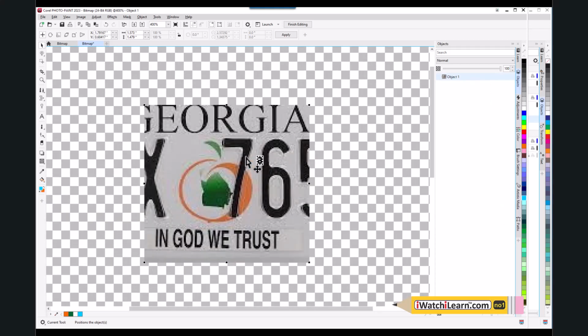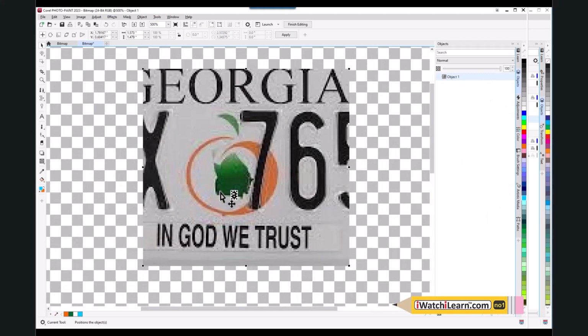Now what I want to show you is how I would, let's just draw that orange peach again, just so you guys get used to how to do this. So we don't really have the same tools that we had in Coreldraw. So like I said, we have the path tool in Corel Photo Paint. And if we click over here on paths, we have no paths generated yet. So if I click on the path,